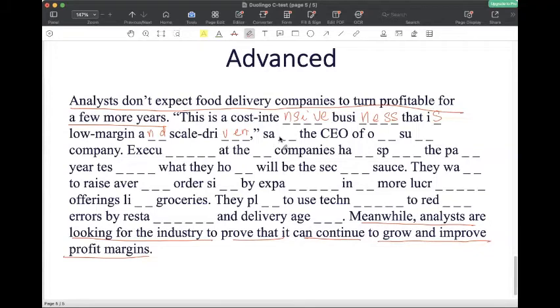Now, this is a quotation. So said the CEO of one such company, right? Executives. This is straightforward because if it is "exec" and I'm speaking in reference of an industry, then executives, the people who run the company, executives at these companies have spent the past year, right? So I know that I have year here. So spent is the best answer. And if I say spent, and if I have past year, then have spent, right? I would use the present perfect. Executives at these companies have spent the past year